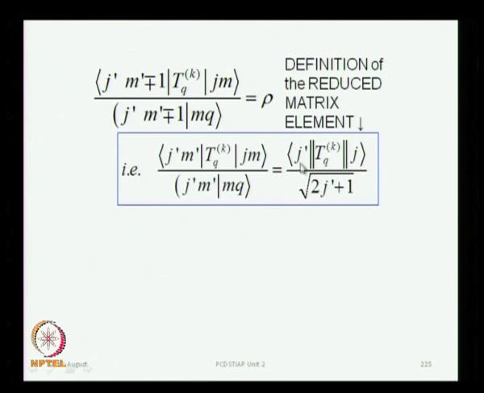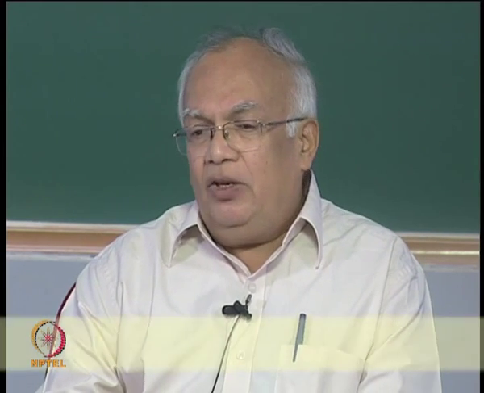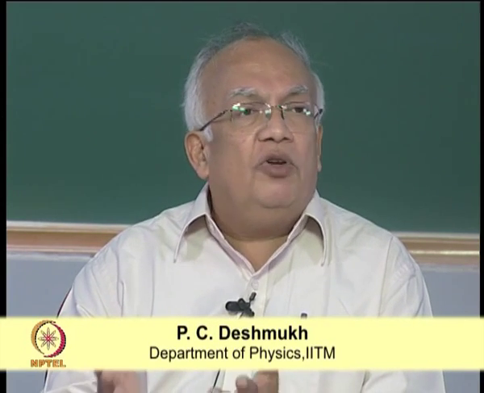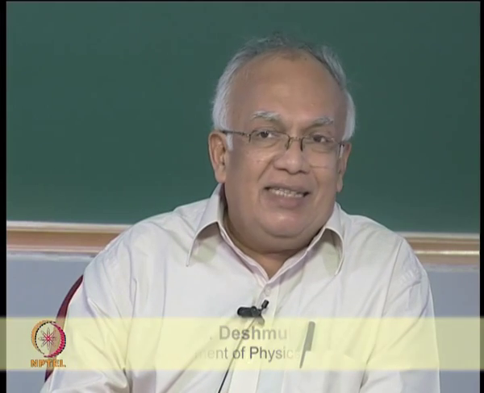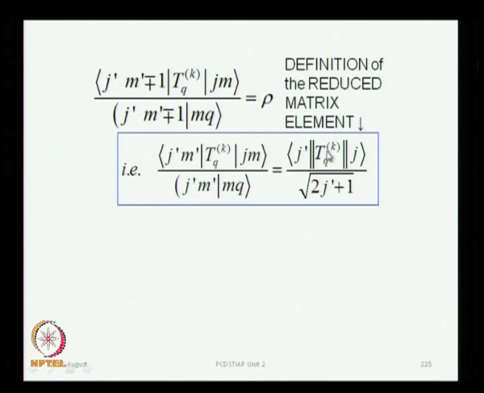So, it does depend on J prime, it depends on J, it depends on K. Okay. So, this rho has a certain dependence on J, J prime and K, and then you can write it as a function or introduce some notation which explicitly tells us that this ratio is going to depend on J, J prime and K,